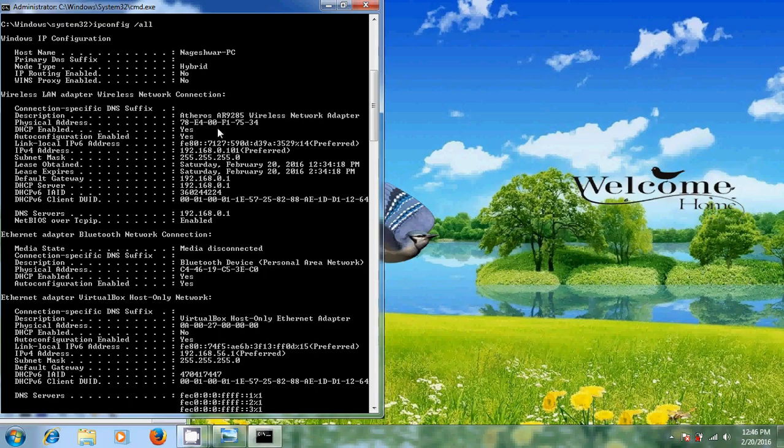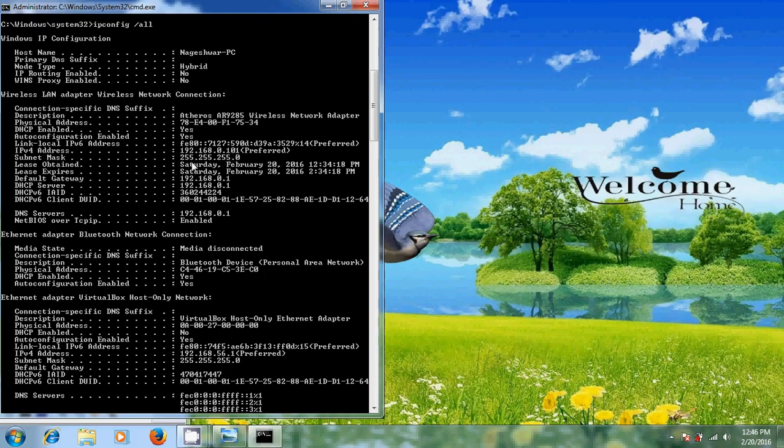There is nothing but the MAC address, and we know what is the importance of MAC address. And in network, normally system communicate by using this MAC address only, and also it is showing DHCP enabled, and